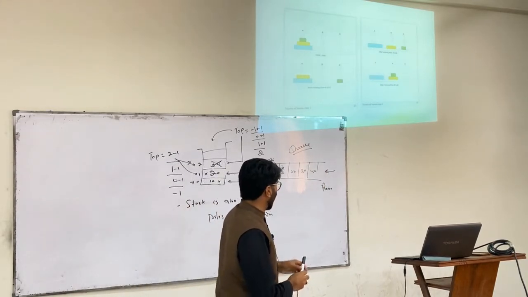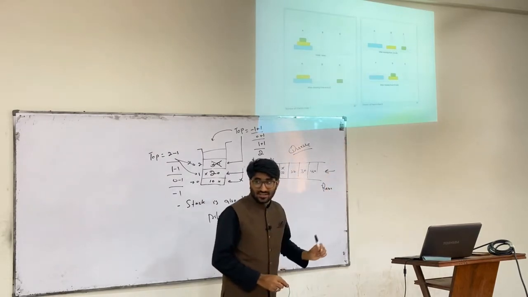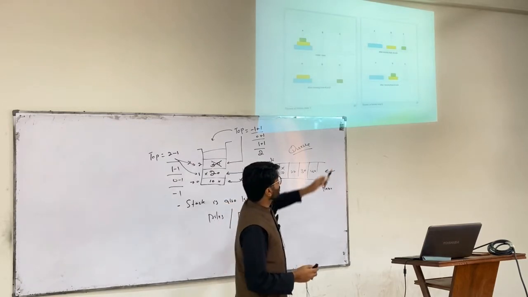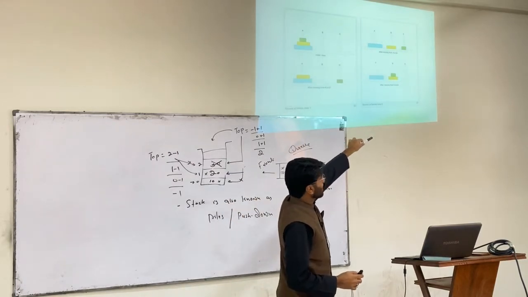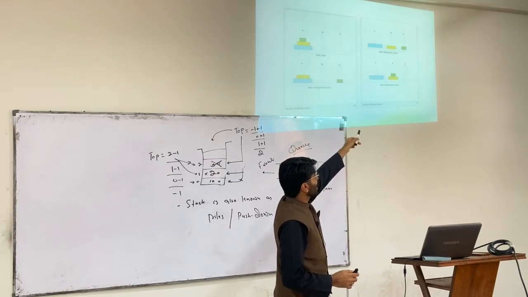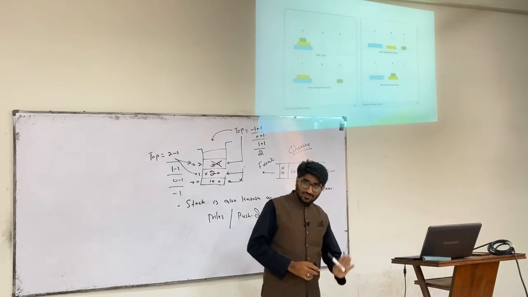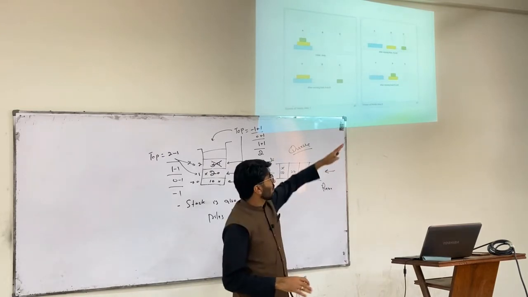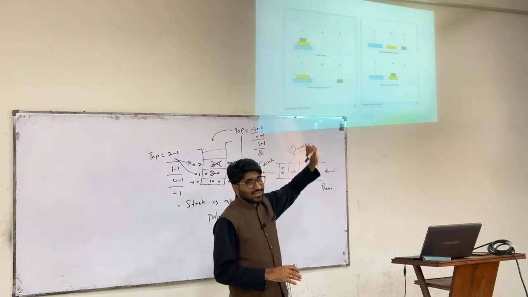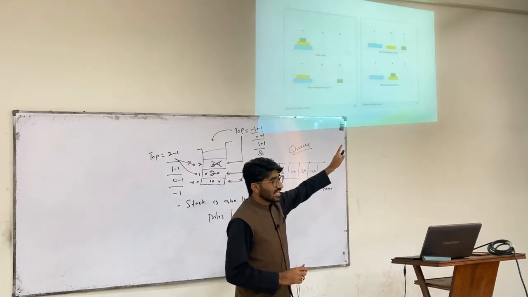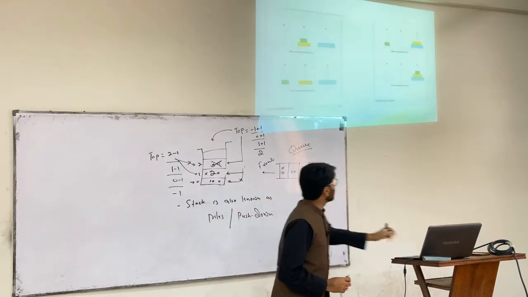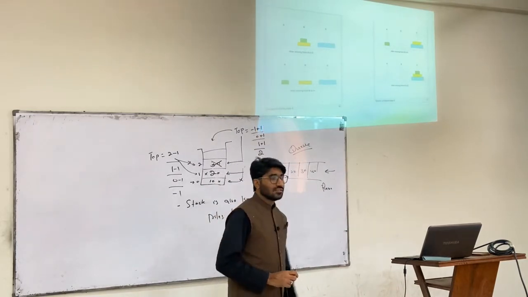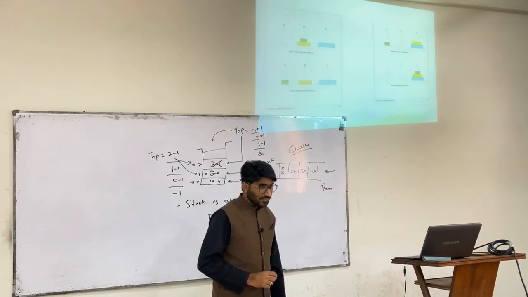Now we need to place this blue one in the C, right? Because this one is the larger, so it will come at the bottom. So we need to take out the disk from pole C to place it on the B. Did we violate any rule? No, we did not. Smaller on top of larger. C had the smaller one, that's why we place it on B. So now the C pole is empty. You can easily take the disk from pole A and place it on the pole C. Okay? Then again,